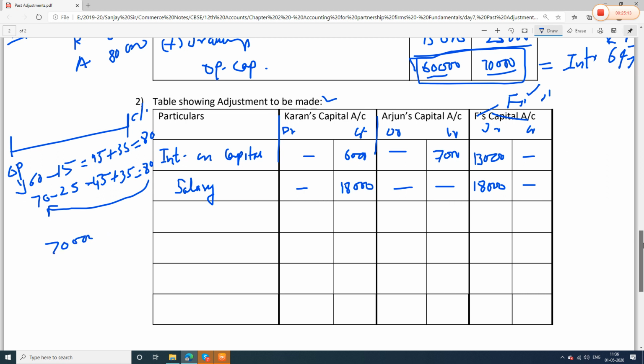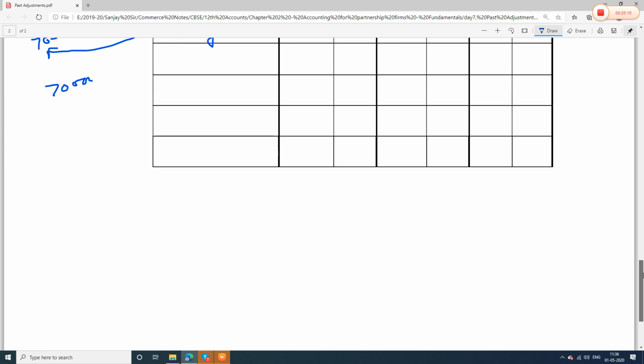Now I would like you to focus very clearly here. This is very important. See better. Case A. Case A. What happened? We paid salary, so profit. We made profit. How much profit?